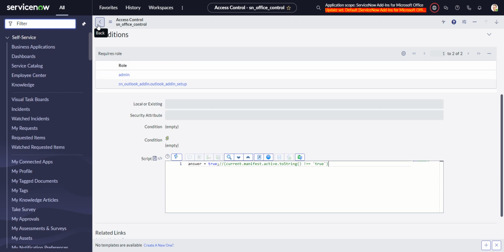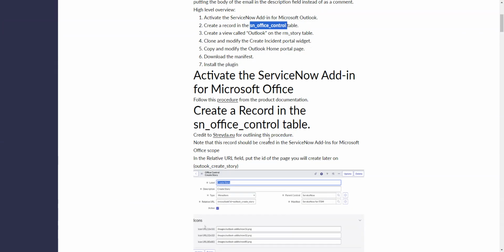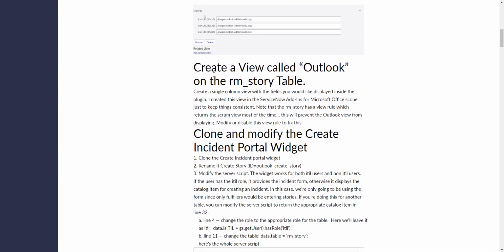That's the XML file that gets imported into Outlook. So it doesn't want you to change stuff, but I was able to change things and it was fine for the manifest. So use it at your own risk, I suppose. Okay, so after we've created this record in SN Office Control, now we're going to go to the table, and